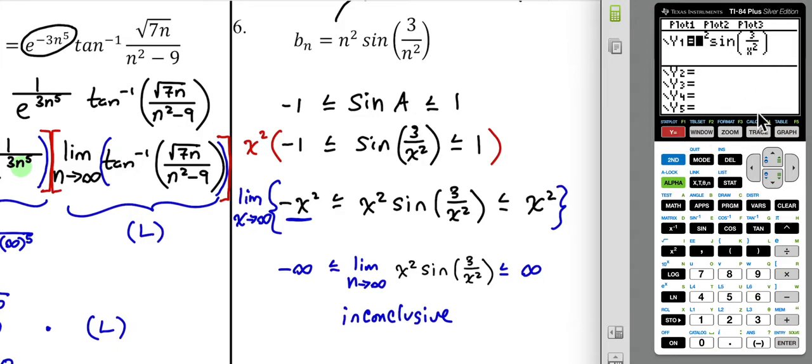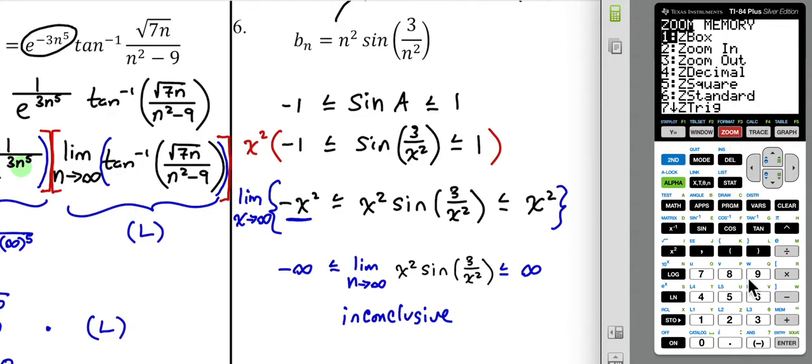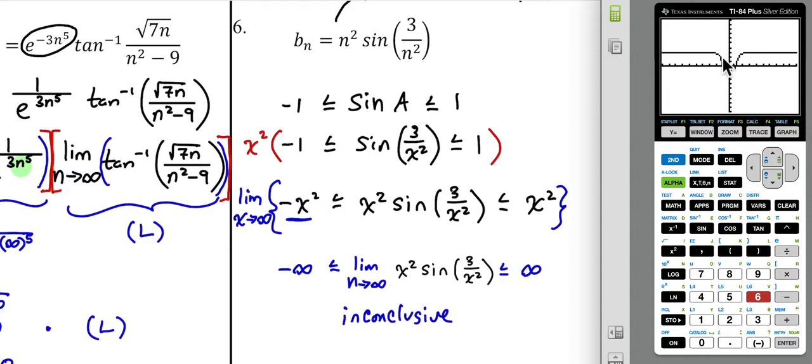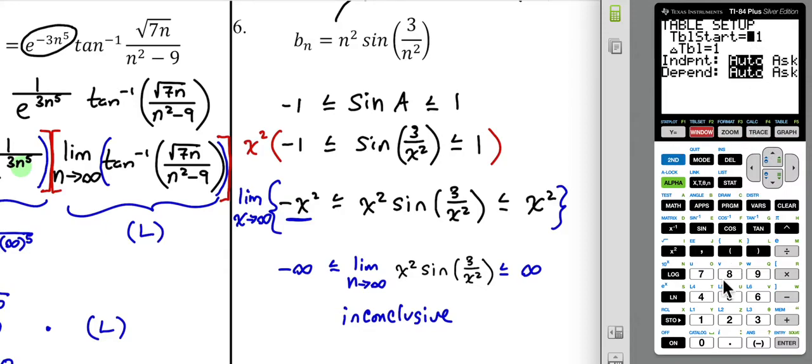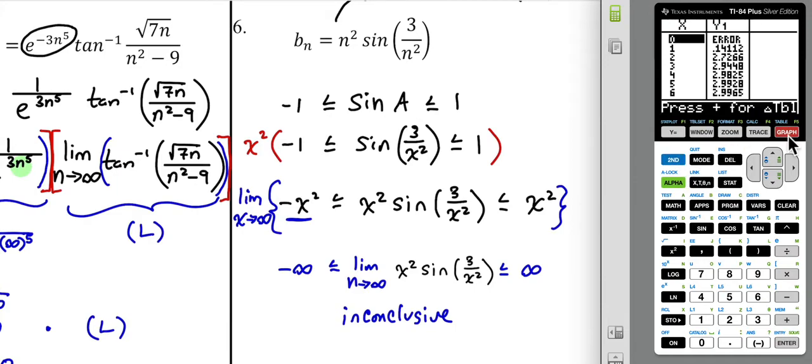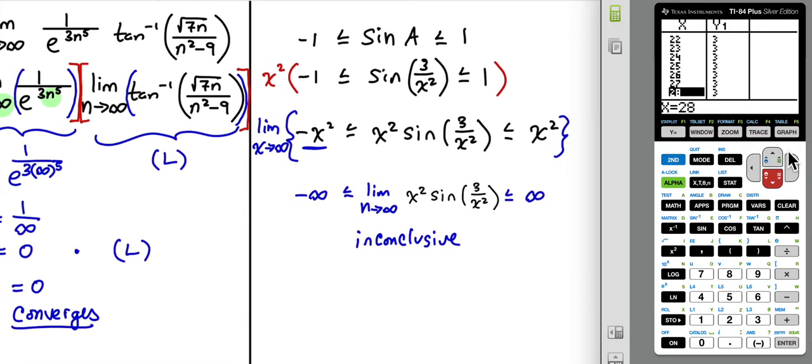All right, so I typed it in here. Now if we go to zoom 6, you see that it does appear to be leveling off somewhere. It's just a question of where does it level off. So what do? We can start with a table setting of 0 and a delta table of 1, so second window. And as you scroll along, you see it appears to be leveling off at 3. So it's a pretty safe assumption that the limit